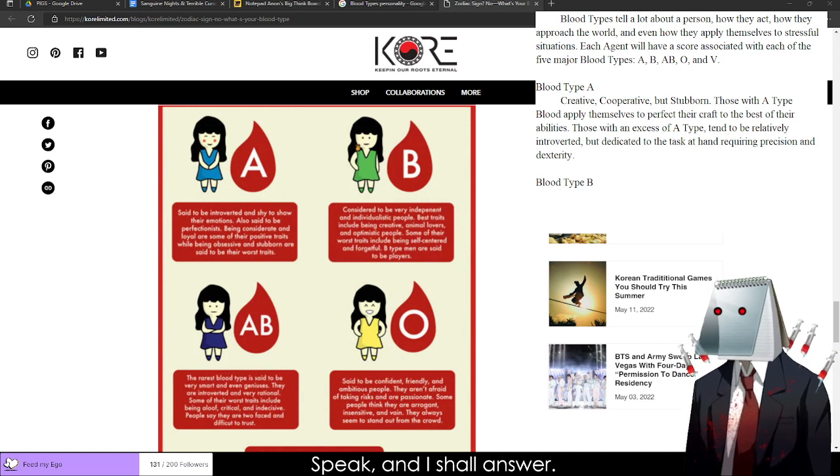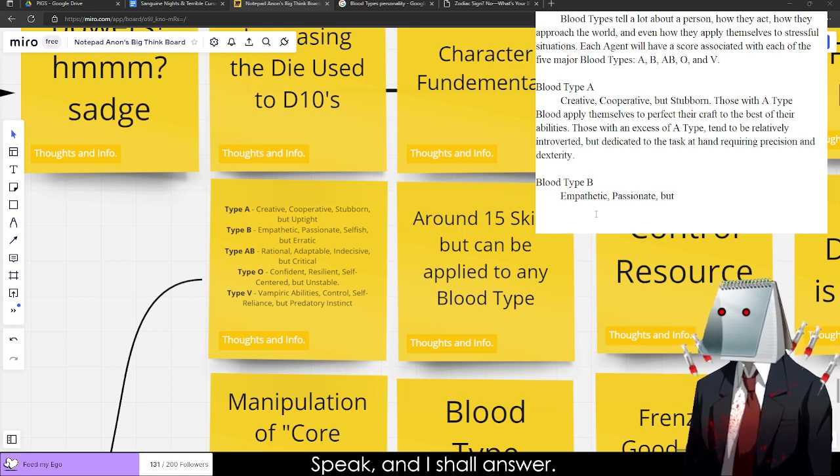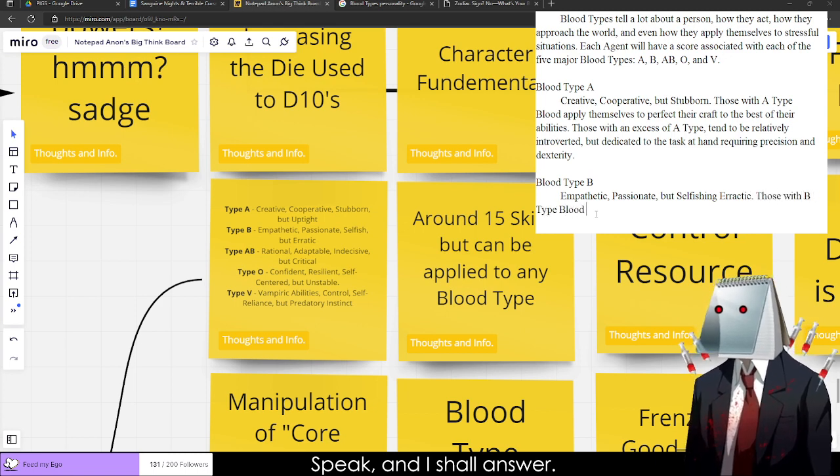Actually, so we do blood type B because this is, again, completely horseshit, by the way. It's fucking astrology. Empathetic, passionate, but selfishly erratic. Those with B-type blood